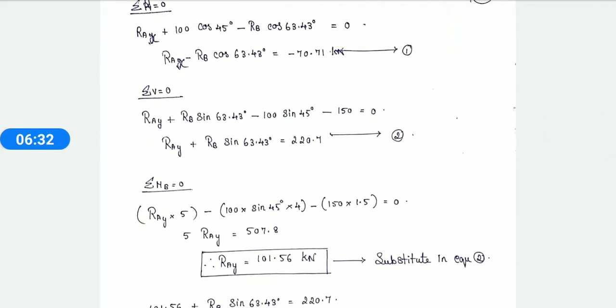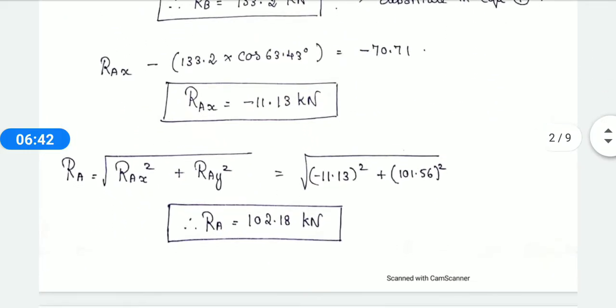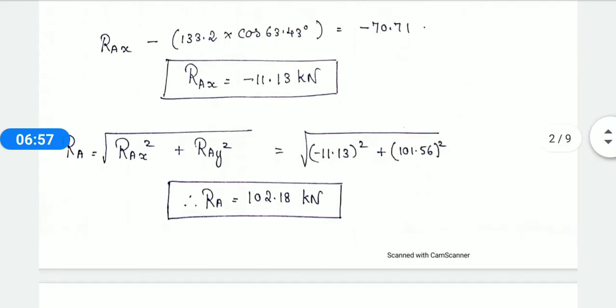Like the last video, I had concluded with how to find the resultant. So from today's sum, we can use that formula. So how to find your resultant? R is equal to the square root of RAX square plus RAY square. When you do that, you will get your resultant RA value. So as a whole you can write the value for RA and RB. You don't need to mention RAX and RAY separately.